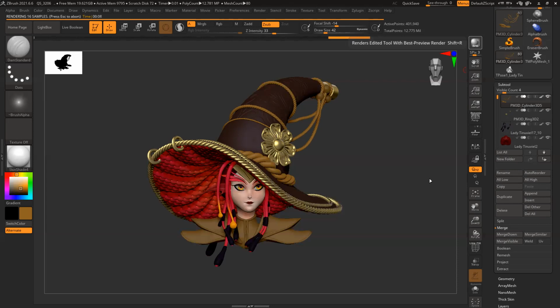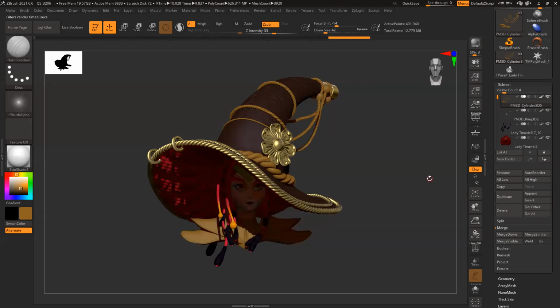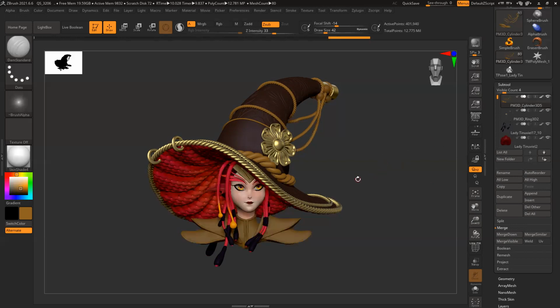It will not come with depth and all, right? Like the Maya output, it will be good in Maya only. Maya or Keyshot, yes. ZBrush won't be that great because in ZBrush you have very limited features. But if you do it in Maya or Keyshot, it will be really good and give you a better result, because I can add lights and everything and fix things, right? Here those scopes are not there.